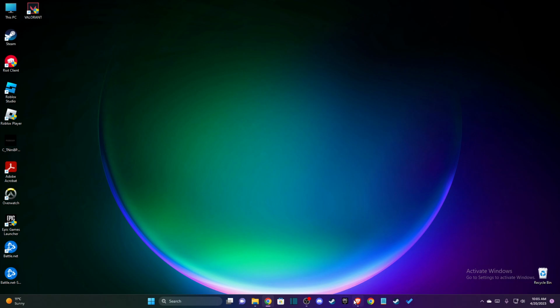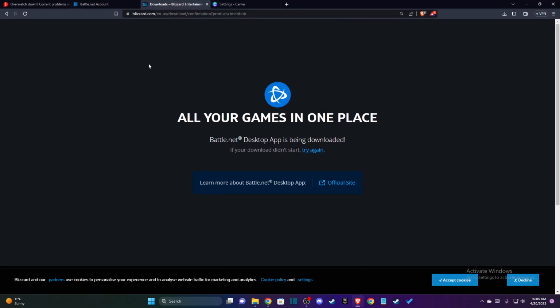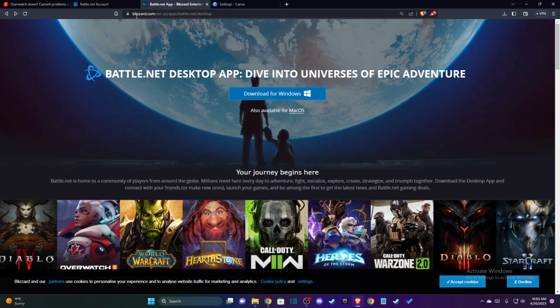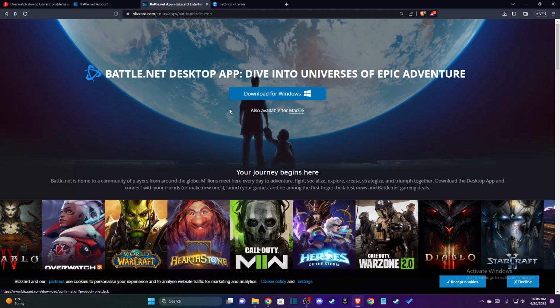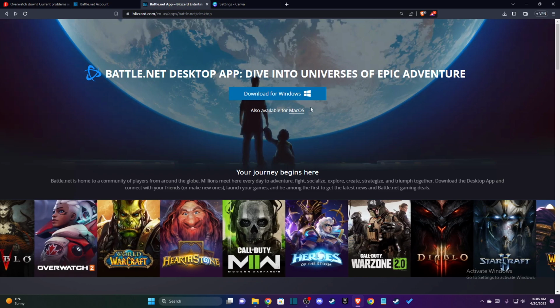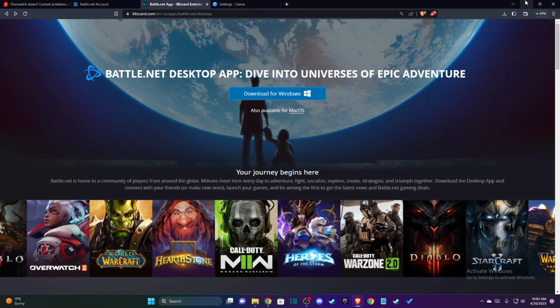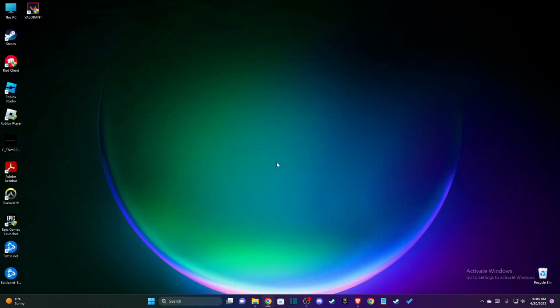So the first thing you need to do here is download Battle.net from the official website. As you can see here, blizzard.com, Battle.net desktop app. You need to download it for Windows here. And then after you download the setup, another thing that you need to do here, you need to go